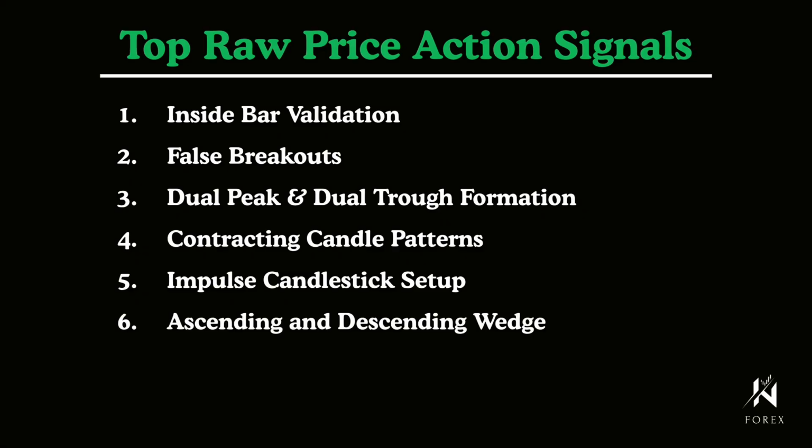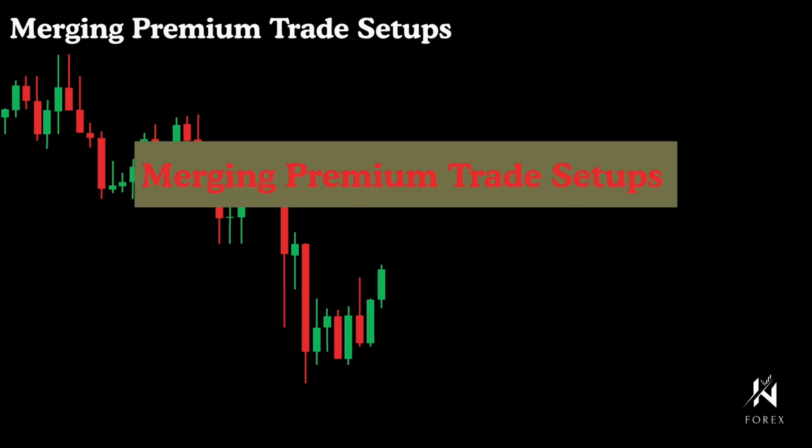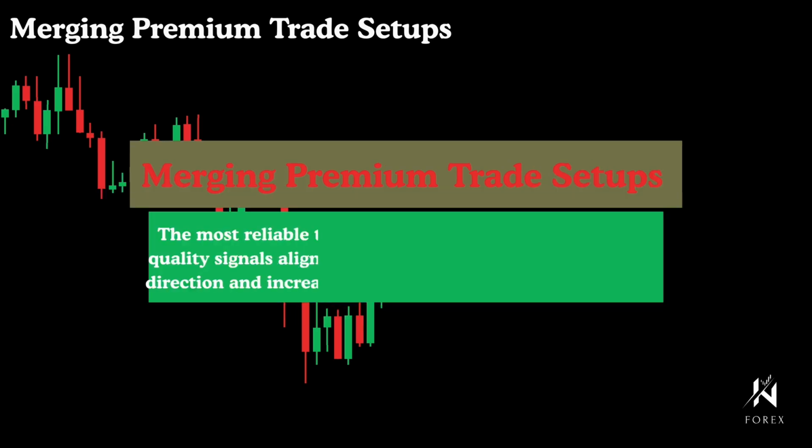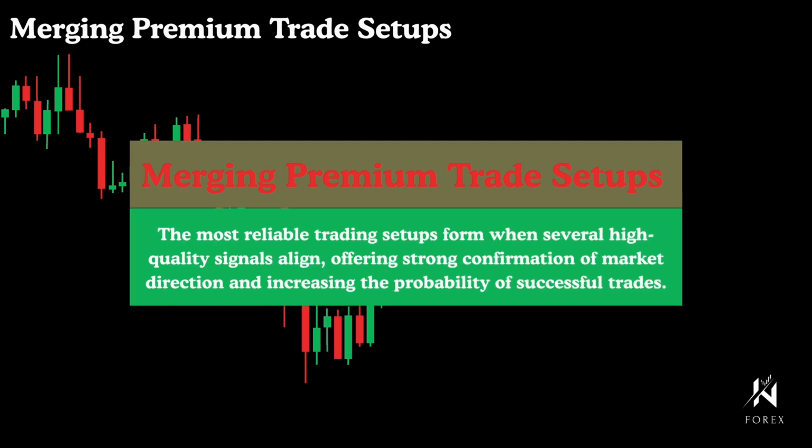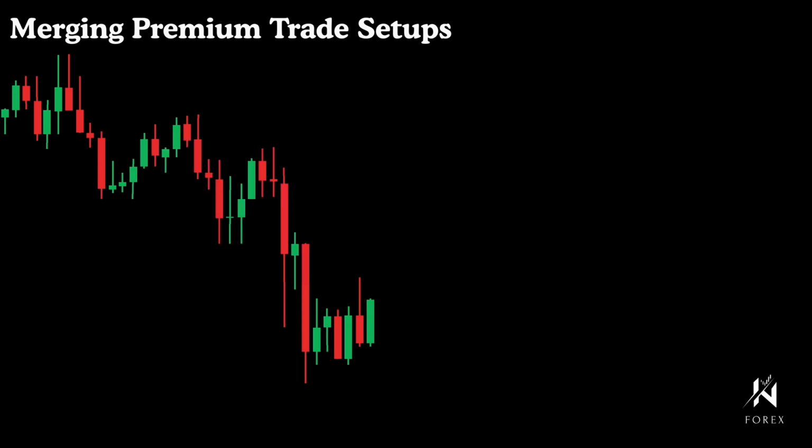Now let's move on to the next signal, number 7, merging premium trade setups. The most reliable trading setups form when several high-quality signals align, offering strong confirmation of market direction and increasing the probability of successful trades. In this example, we're in a clear downtrend. The market continues to print lower lows and lower highs, so we aim to trade in line with the dominant